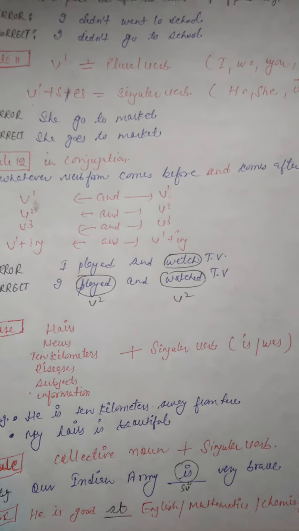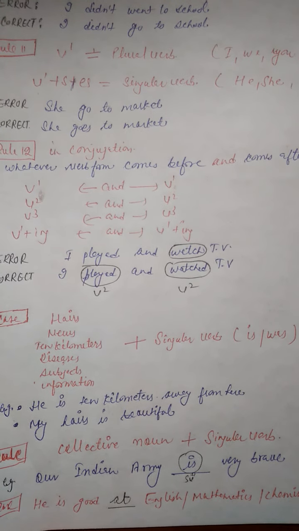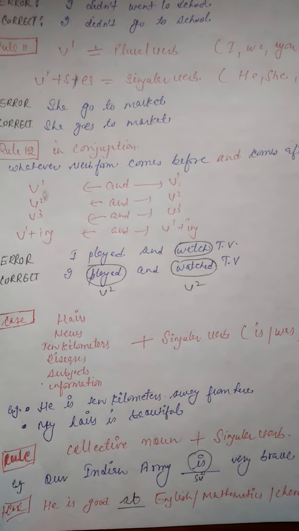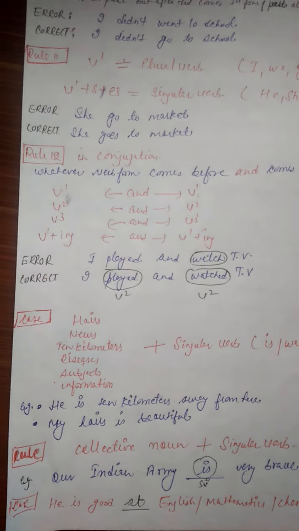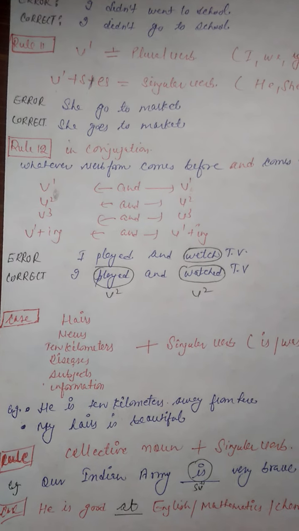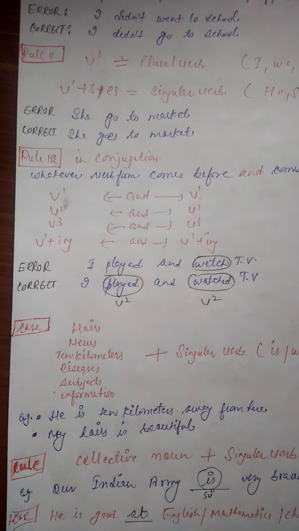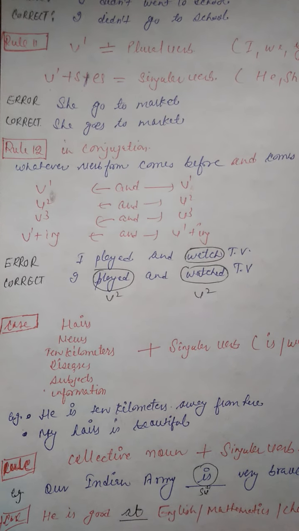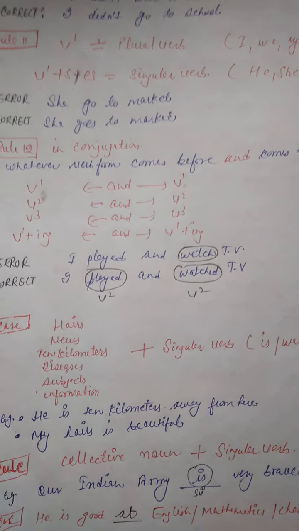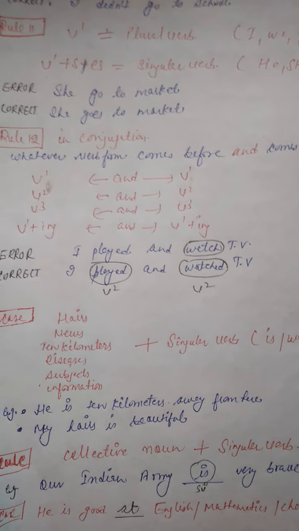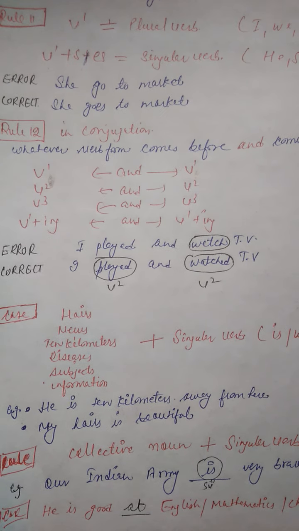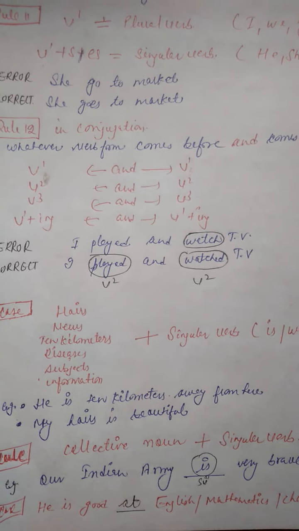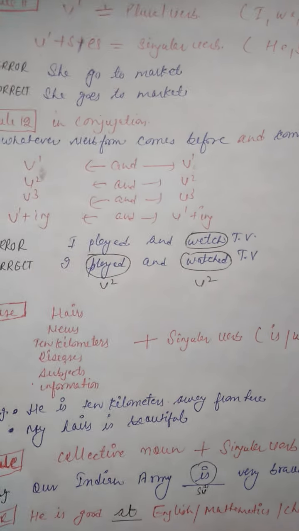Rule 12, in case of conjugation, whatever verb form comes before and comes after it. So verb की जो भी form 'and' से पहले होगी और 'and' के बाद भी वही form होगी. So if verb is in first form, then after 'and' we'll use first form of verb. If it is in second form of verb, then after 'and' we'll use second form of verb. If it is in third form, we'll use third form. If it is in first form of verb plus ing, we will use first form of verb plus ing